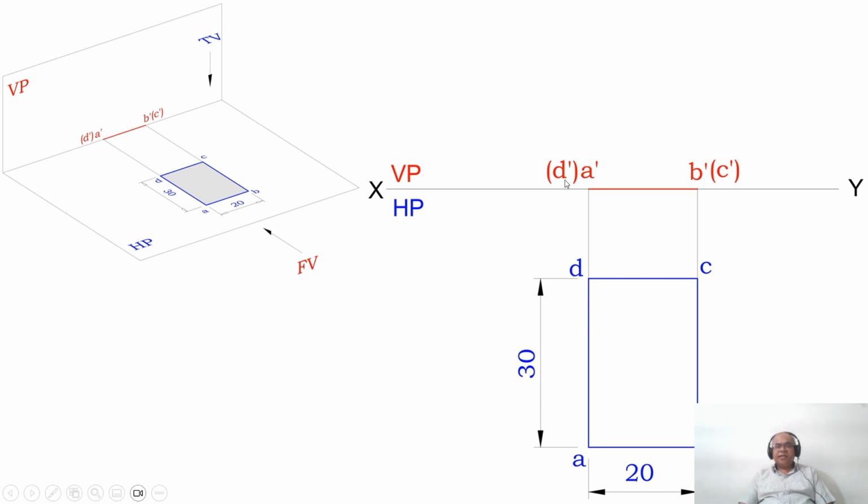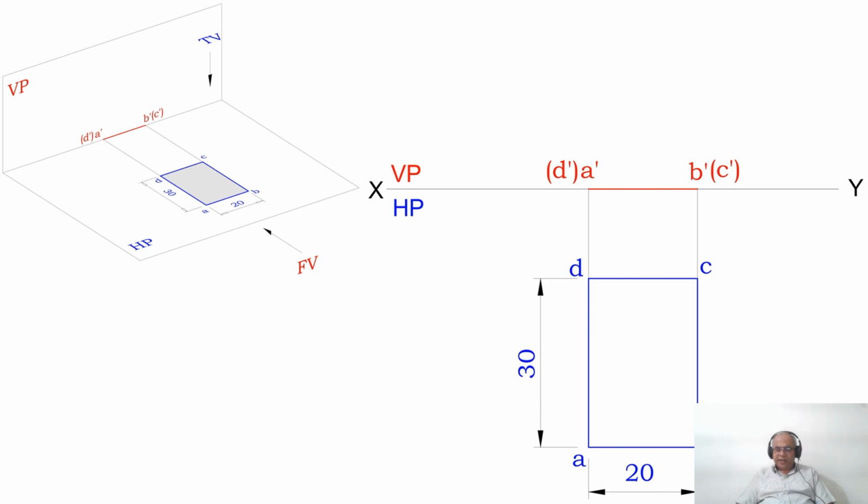Therefore, C dash and D dash are going to be in brackets. So this is also a longer edge and this is also a longer edge. Which are the shorter edges here? A dash B dash is a shorter edge and C dash D dash is a shorter edge. But A dash D dash and B dash C dash are the longer edges. So this is how you will be able to read the drawing in the initial position, the first position,